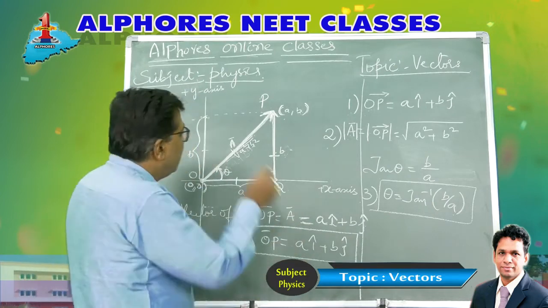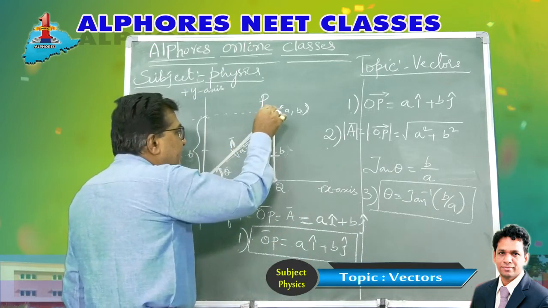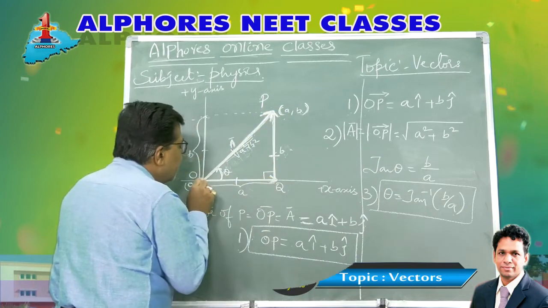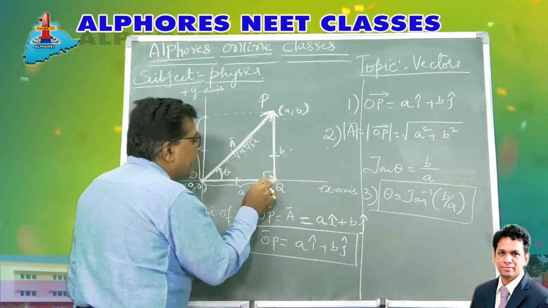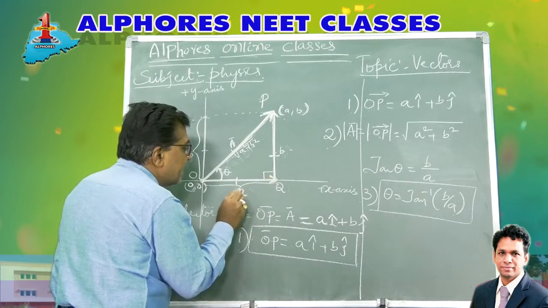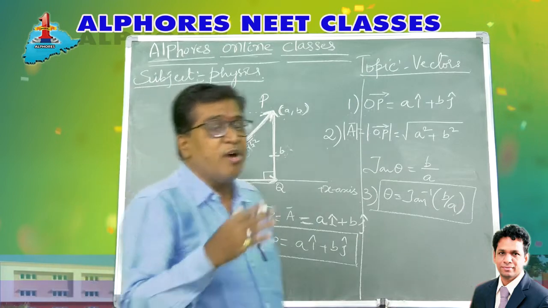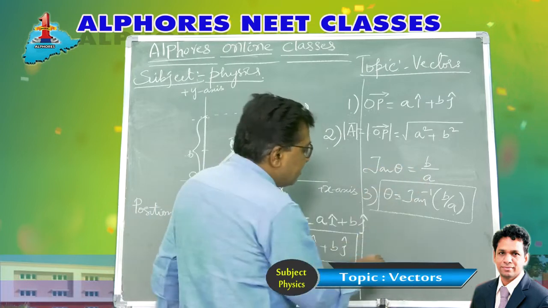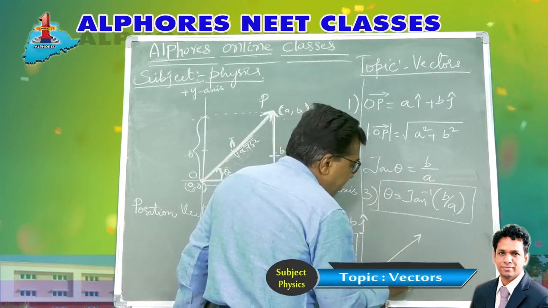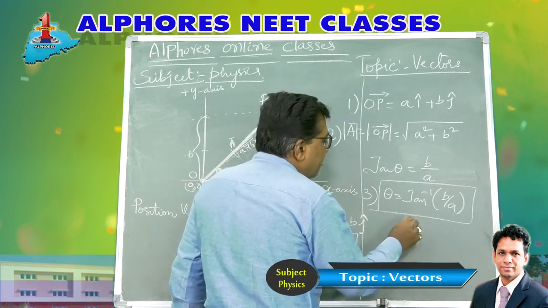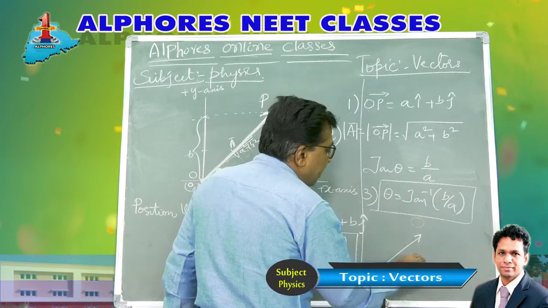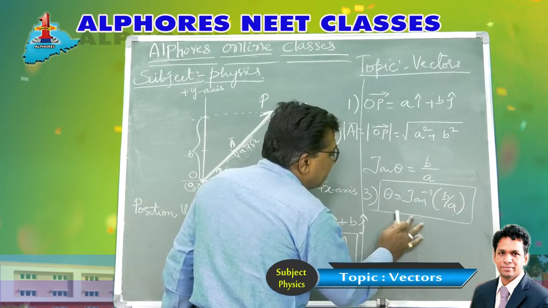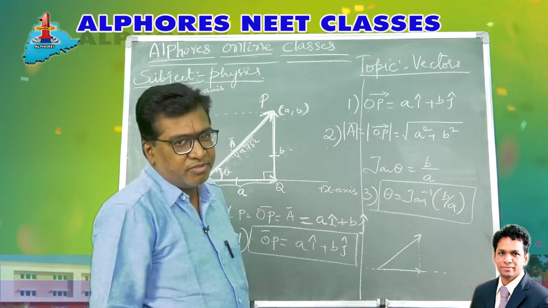Then if I take this vector, its shadow, the component along the x-axis, is termed the component along the x-axis, which is A. The component of the vector is the shadow of the vector. For example, if there is a vector here, and I want the component along this plane, imagine a light source here. The shadow falls here, and the length of the shadow you can imagine as the component of the vector.